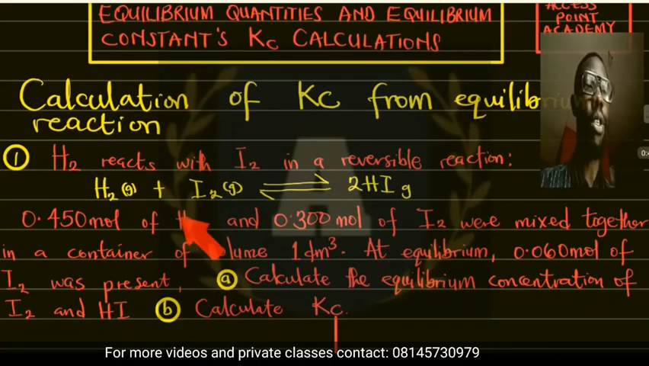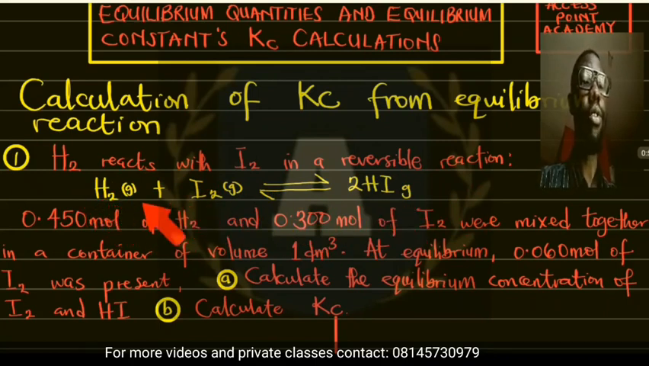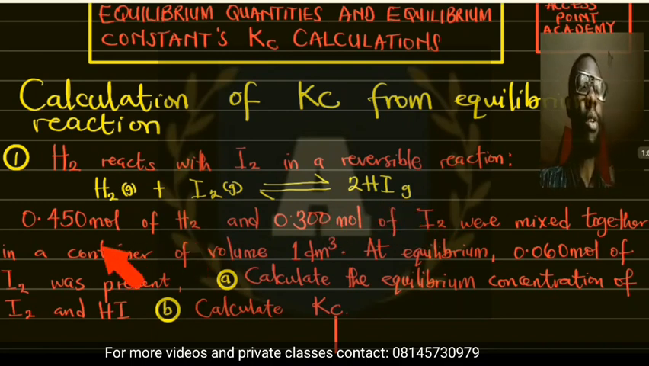So we have the first question here. And what does the question say? We have hydrogen reacting with iodine in a reversible reaction. This is the chemical equation for the reaction. This is hydrogen gas reacting with iodine in a reversible reaction to give 2 molecules of hydrogen iodide. So now the question continues and says